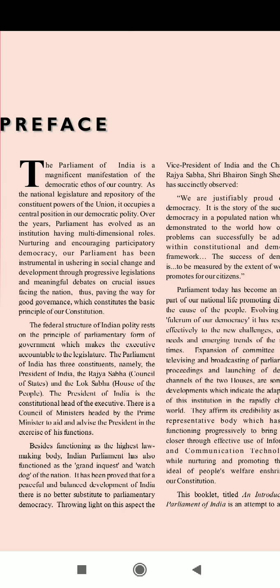So, the main important thing which you need to keep in your mind firstly is that the parliament is occupying the central position in our democratic polity, and then its three constituents, that is the President of India, then comes the Lok Sabha and the Rajya Sabha. Then we have got, yes, the Council of Ministers also, and few other constituents and elements which we will be studying further. And there is a video which is already there on the parliament terminologies, which you can check. So moving ahead,